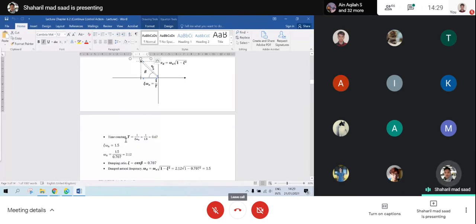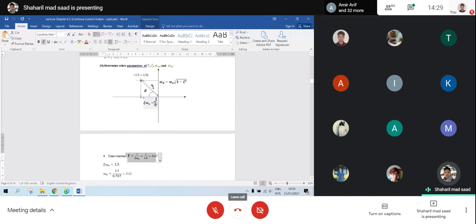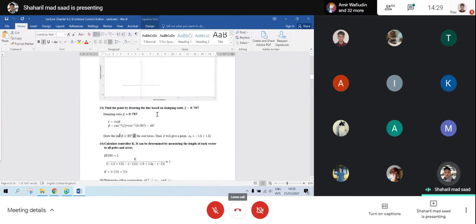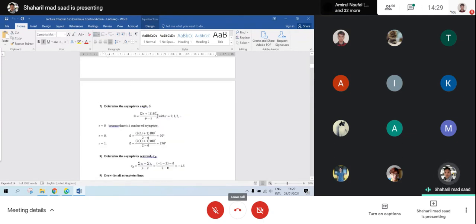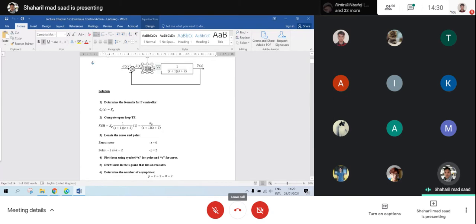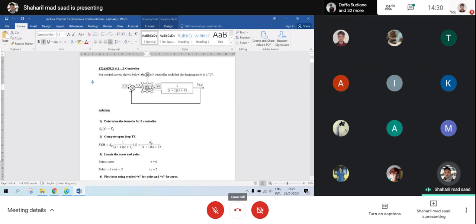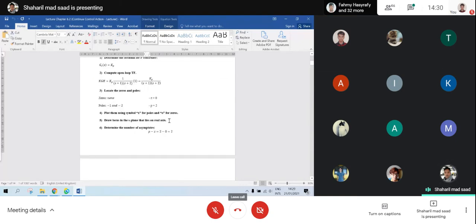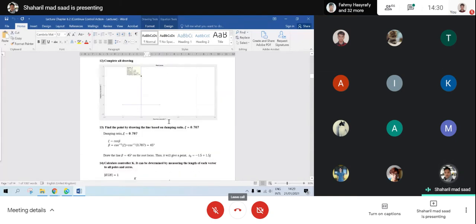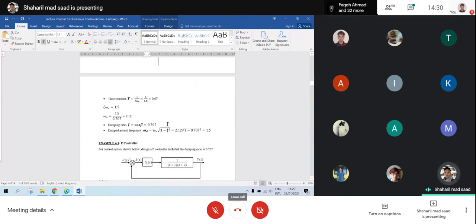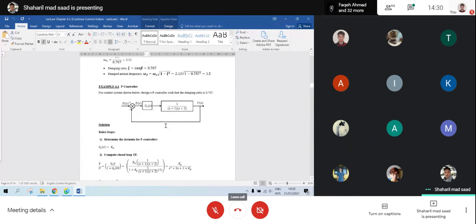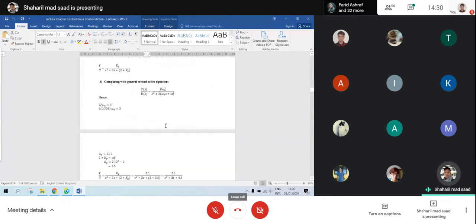Then from this you need to be able to describe. If you apply the Kp, for example the Kp value is equal to 1, what is the damping ratio or time constant? For example, Kp equal to 20, what is the damping ratio? What is the time response, and so on? So you need to be able to describe. So in this chapter, you need to draw the root locus.